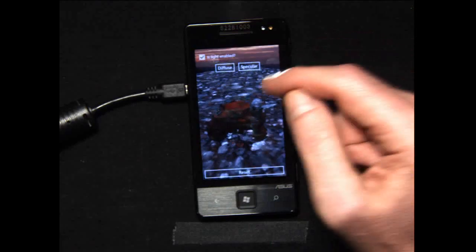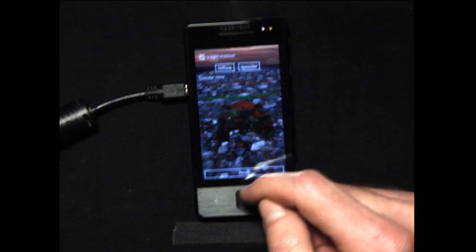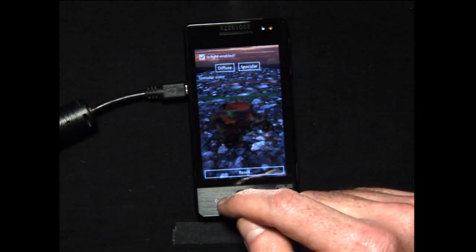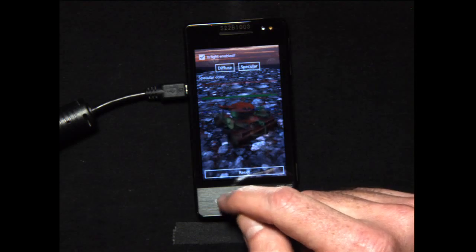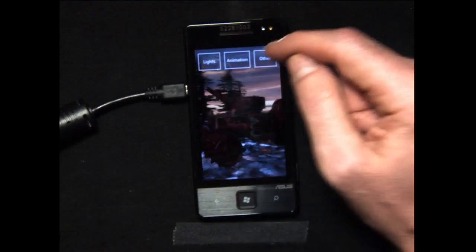You can have 1 to 3 lights. So I can go here and change specular and make it look a different aspect, apply the green to different aspects, different reflections. So diffuse and specular are just different ways that light is being refracted that you can pick and choose in your application. And then we have other,